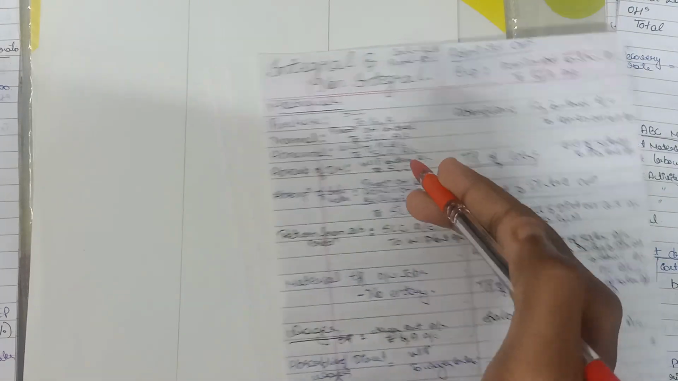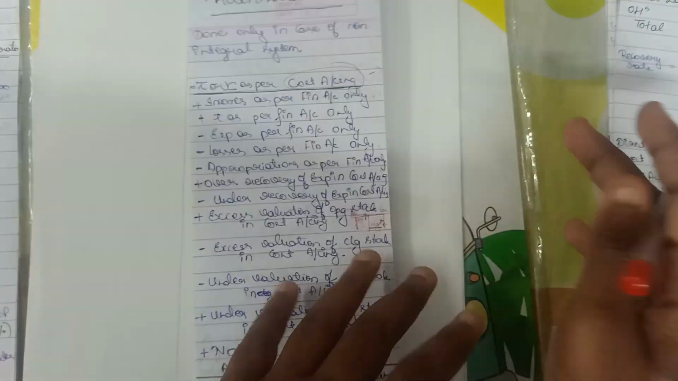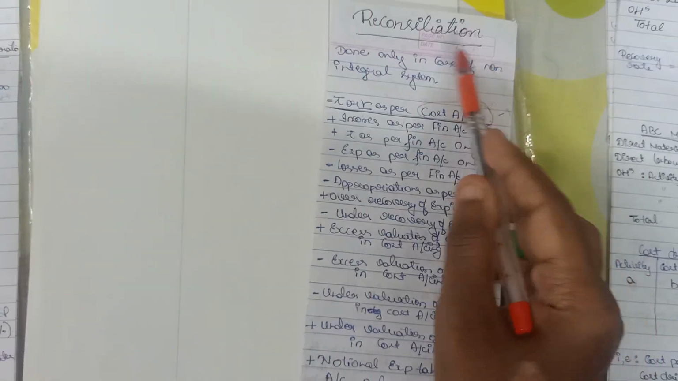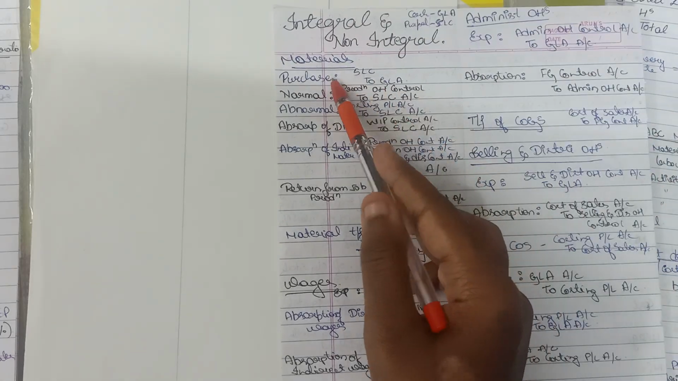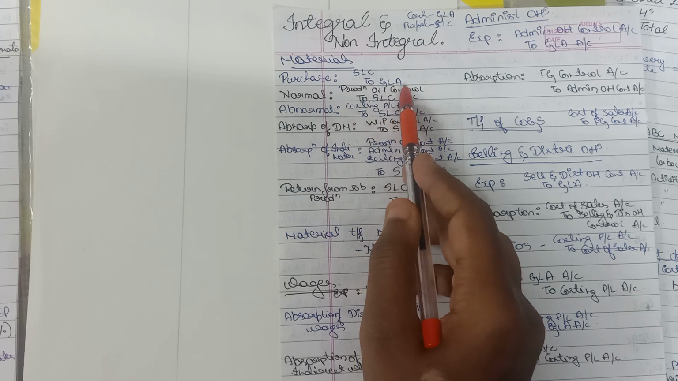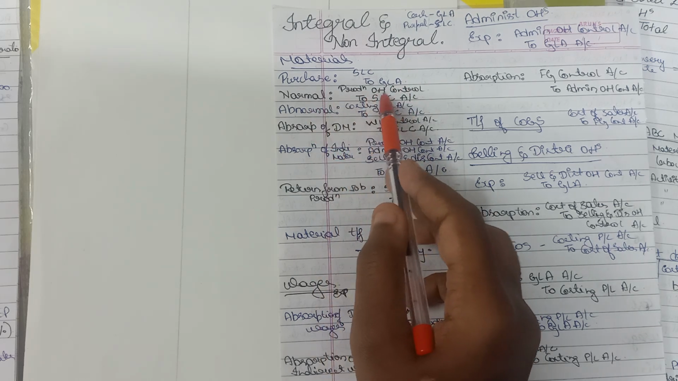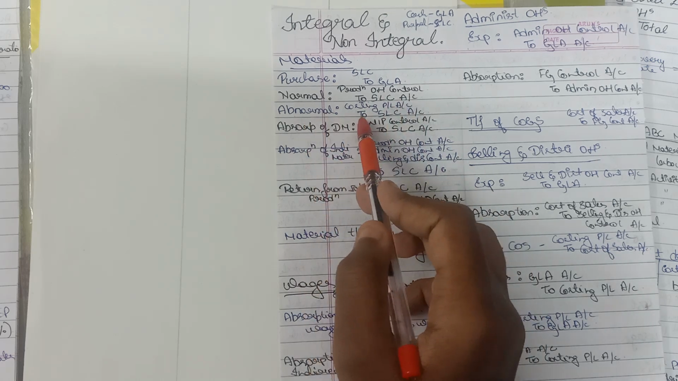Coming to the next part, that is integral and non-integral. We have seen this is prepared only in case of non-integral. Now let's know more about it. For materials, in case of purchase, we'll be writing SLC to GLA, normal, production overheads control to SLC account, abnormal,